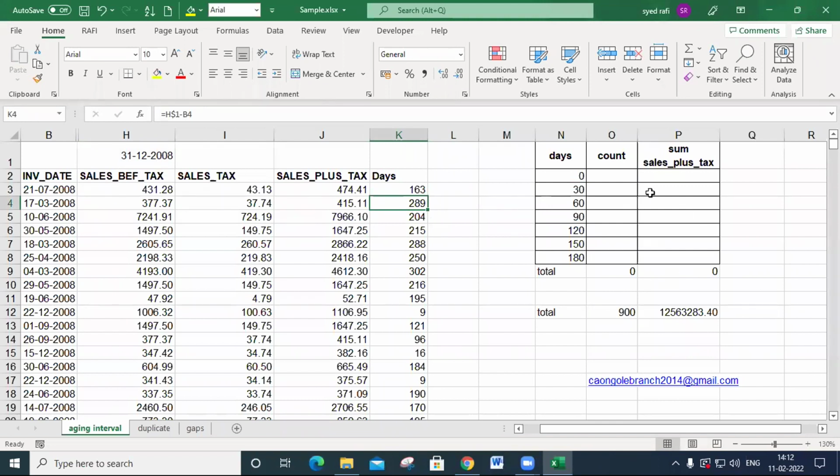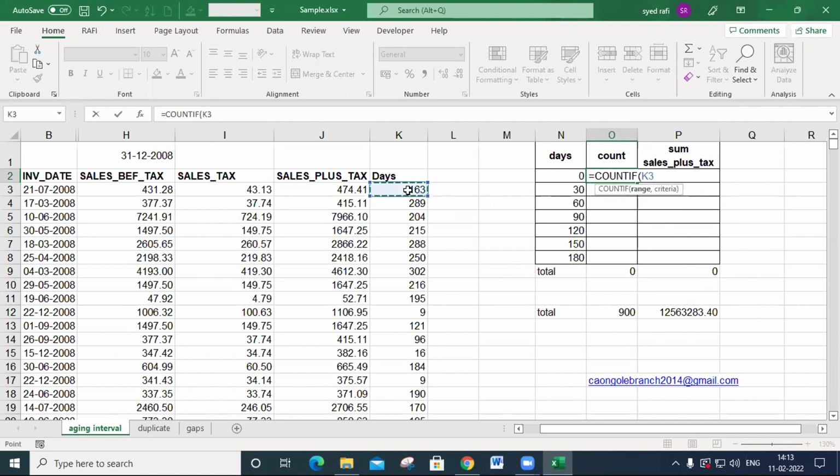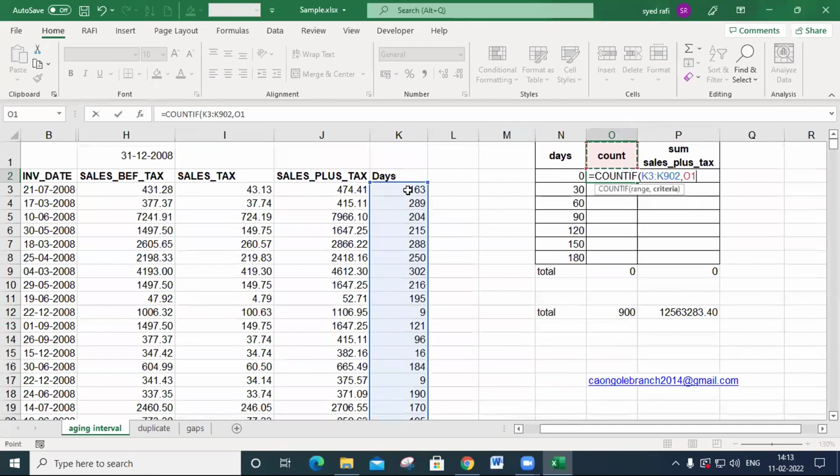Now, first of all, I want to count the days between 0 to 30. Here, there are two logics I explained to you. Here, you may write like this: equal to COUNTIF. So the first argument is the criteria range. So I click here and press Ctrl+Down Arrow, comma. So I type like this within double quotation marks, less than 30.